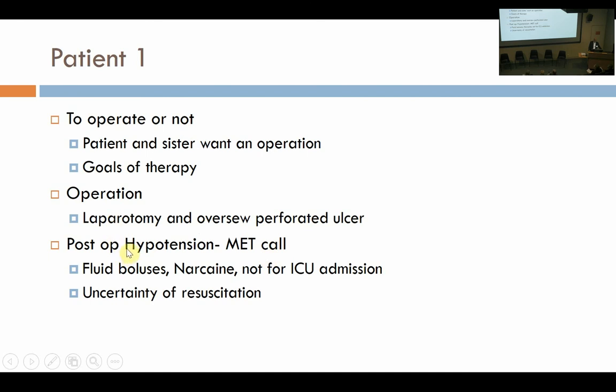Post-operatively, the NFR order in the notes, to some extent, and that's where we have a lot of room to move in this space, is that as soon as you see an NFR order, nothing happens. The patient does not get even aggressive medical management, which is not a hard thing to do. So the patient had some fluid boluses, had a med call for drowsiness, had Narcan. He woke up. All his narcotics had been washed out of the system. He was in agony.